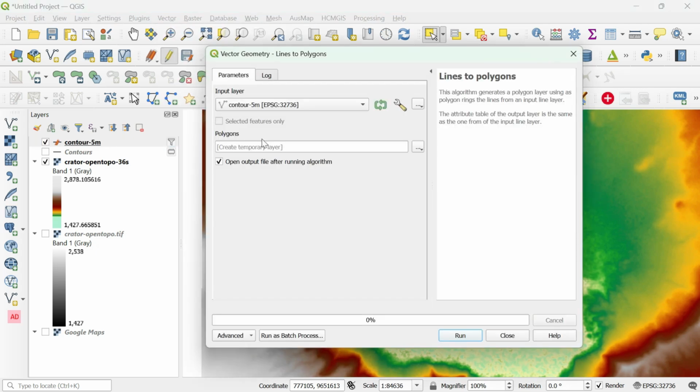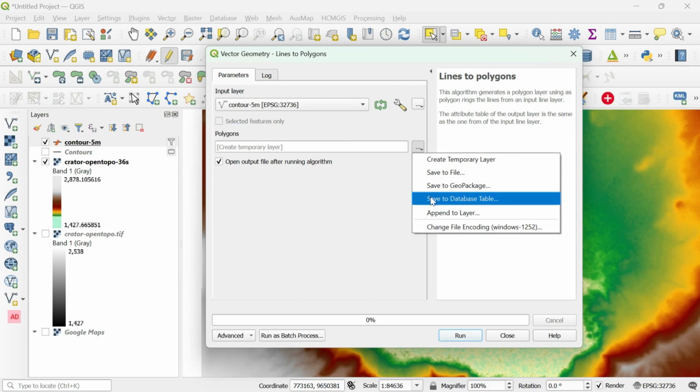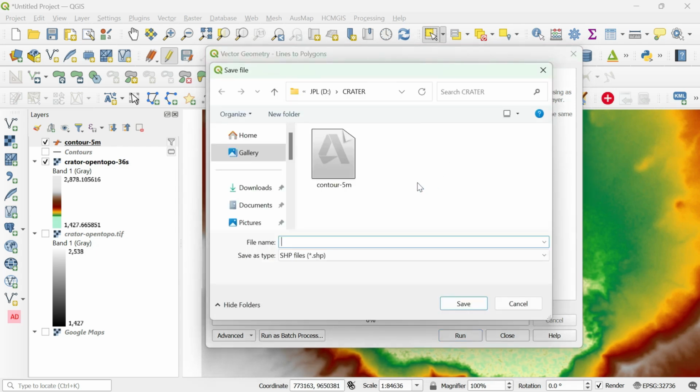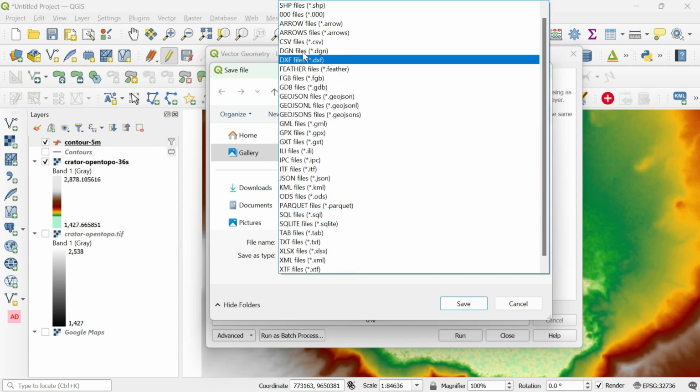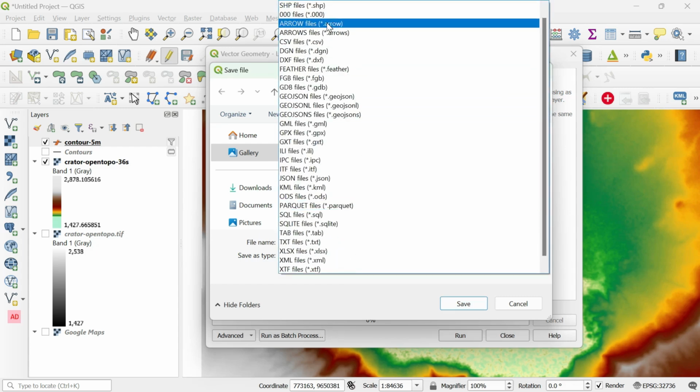Just click layer contour 5 meter already selected, and we should save it, save to file, and here 1735 line. Okay, just you can save the file here, or you have many options as you like.